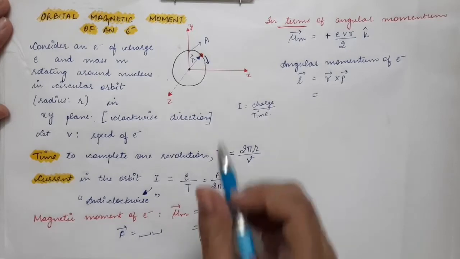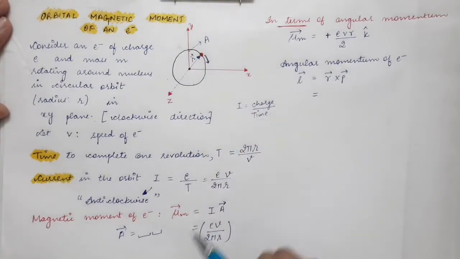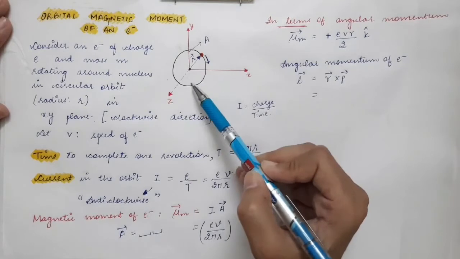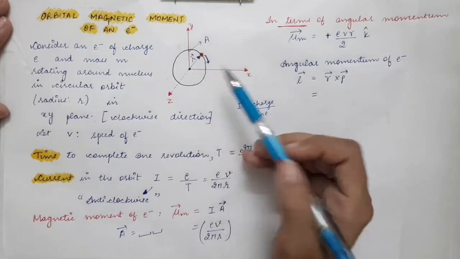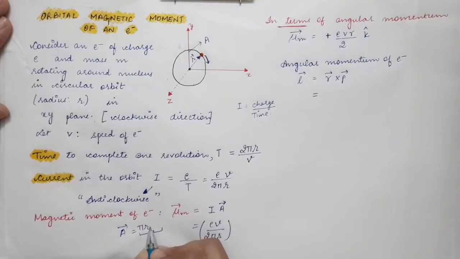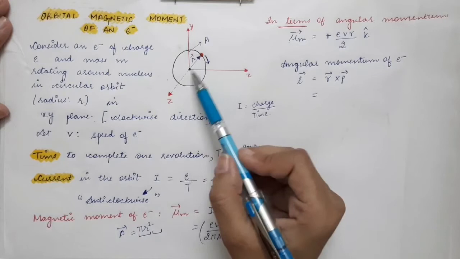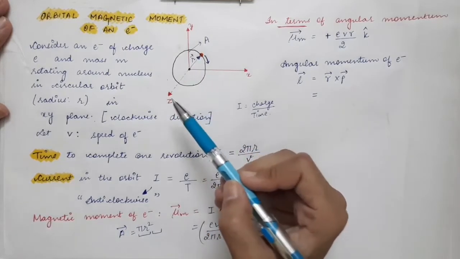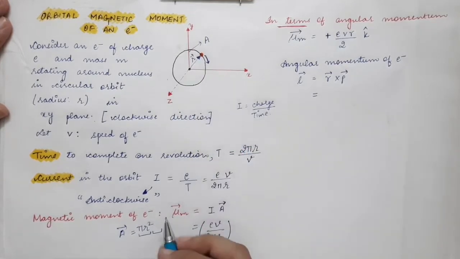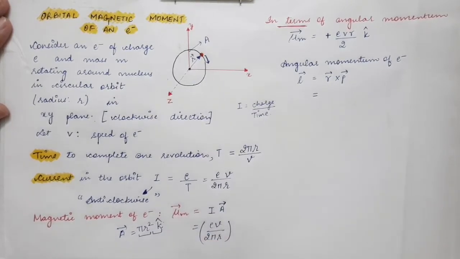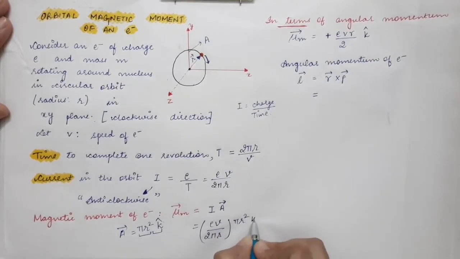So what is the magnitude? The area capital A, the magnitude of the area vector, is the area of this circle, and the area of this circle is equal to pi r square. So its magnitude will be pi r square times its direction. As we have said that this loop is lying in the xy plane, the area vector will be pointing in the plus z-axis direction. So its unit vector, or you can say its direction, will be along k cap. So the area vector A can be written as pi r square into k cap.